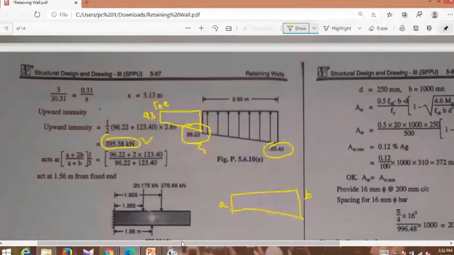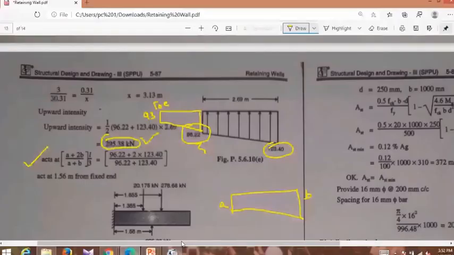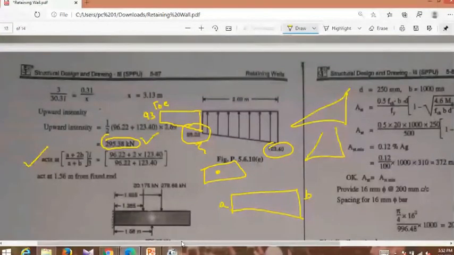Intensity, we just converted it into trapezoidal. This will be A B. Convert into this load, and determine where it is acting. For a rectangle it will act at this center. For a triangle, if it is a right angle triangle, it will act at one third near the base. Similarly, for this trapezoidal, we will have (a plus 2b) divided by (a plus b) into L upon 3. Therefore on simplification we will get 1.56.